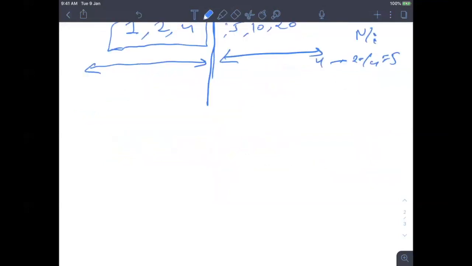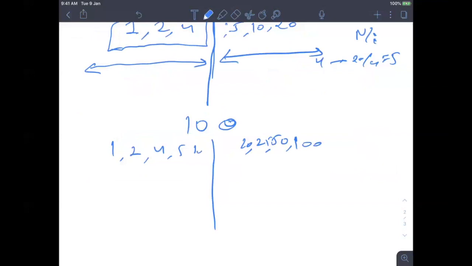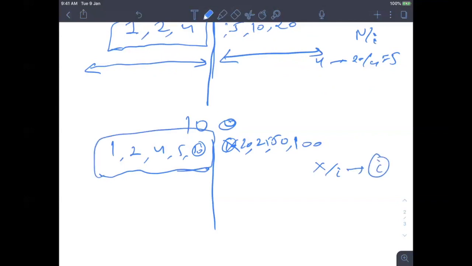Let's take one more example, a better one. Let's take 100 and draw a boundary. For 1 we get 100 by 1, which is 100. For 2, 50 also divides it. Then for 4, 25; for 5, 20. Then for 10, it will be 10. You can write only 1, so we can keep it either here or here. So you can see I just need to check till here. After that, it will be x by i, which I have already calculated till i. So I need to run the loop till here, not the complete one.